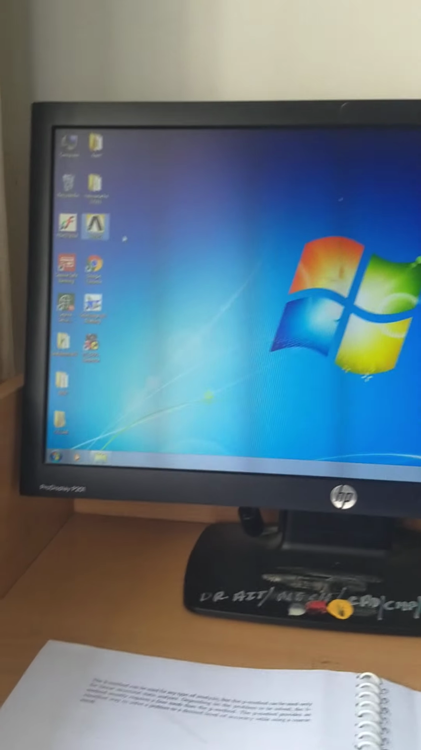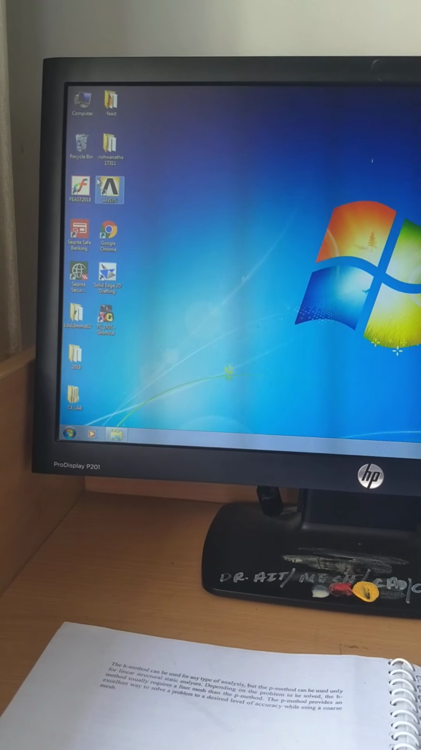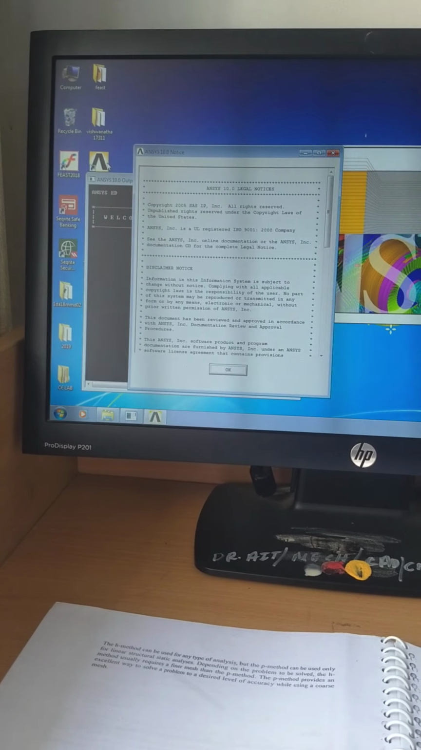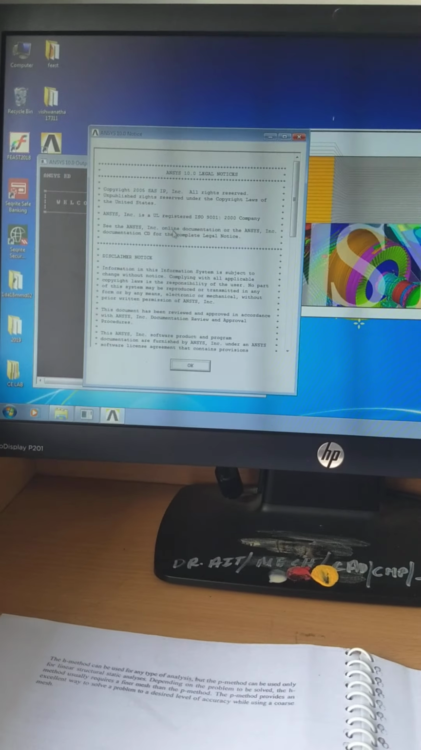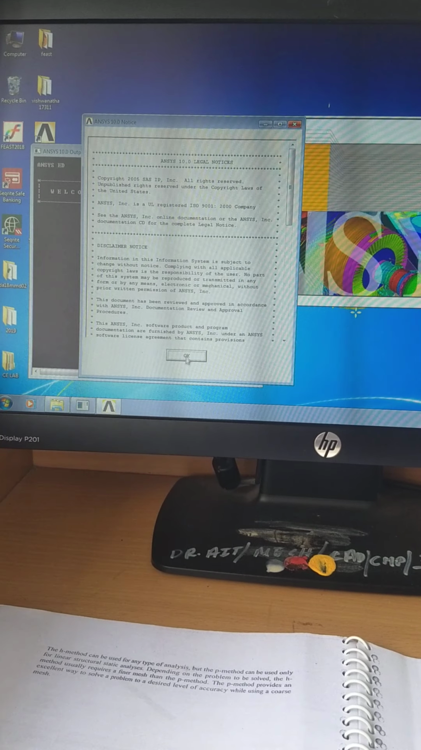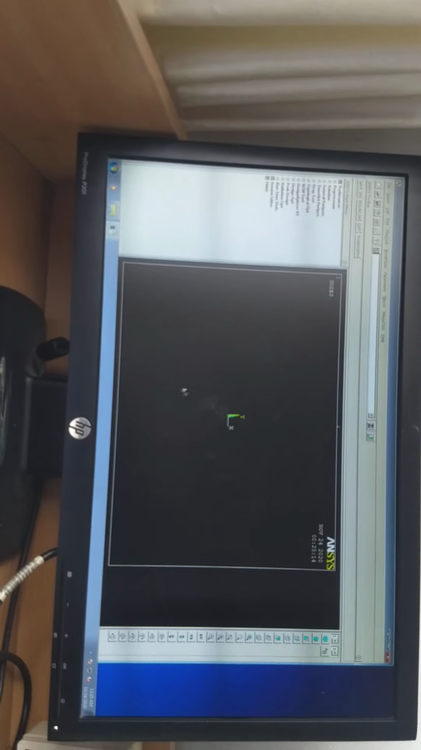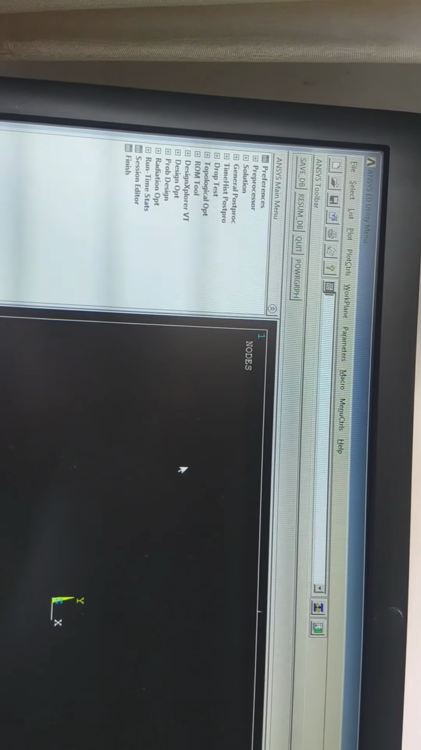Okay, first of all, you just double click on this icon. It will open like this. As soon as it opens, just give OK. So now the complete window will be opening like this. In this window, first thing what you have to do is